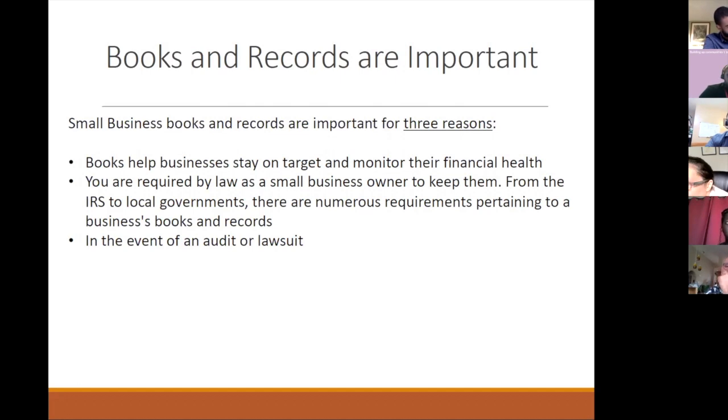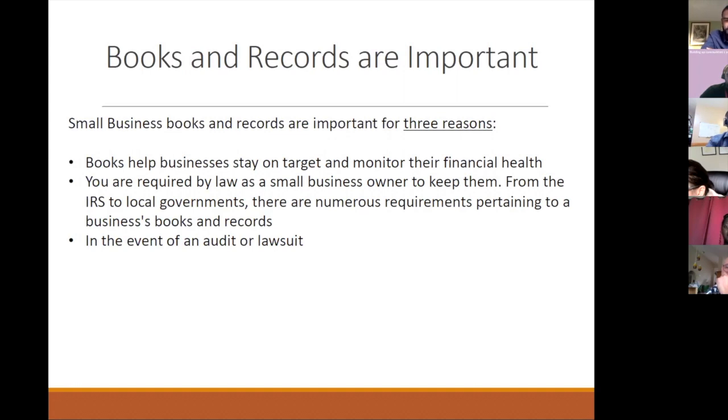The bank requires everybody to have financial statements. If you're even going to get a $5,000 loan, that's the first thing they're going to ask for. They're going to say, this should be looked at by a CPA. And I can tell you one thing for sure, if a client says, hey Nana, they say they need a CPA to look at this, I'm going to say, listen, I need to go back and check all your receipts to make sure that whatever you're putting there is accurate. Because if I'm going to put my name on it, I've got to feel comfortable about it.